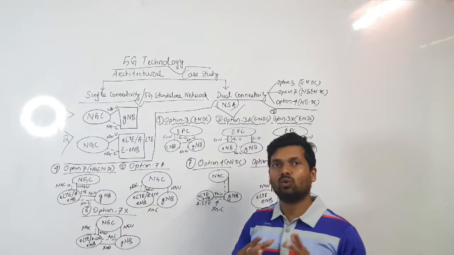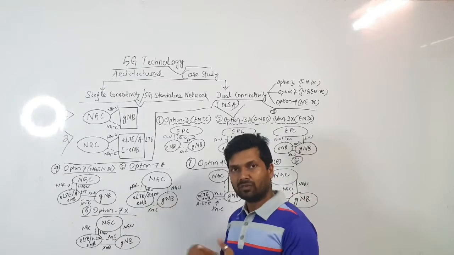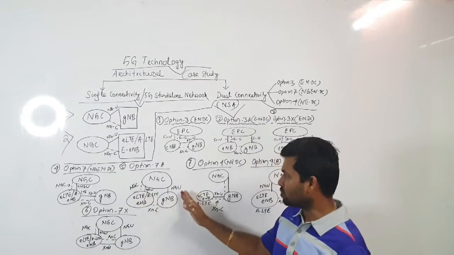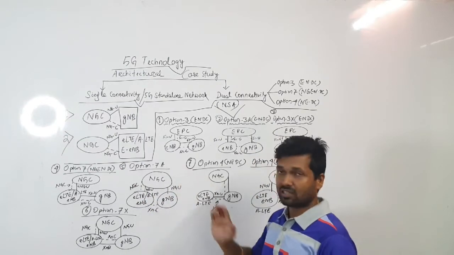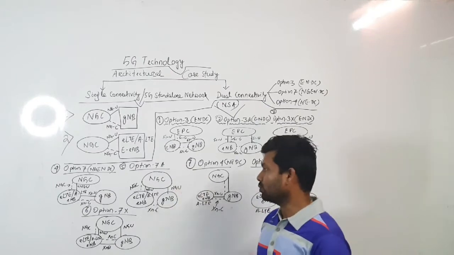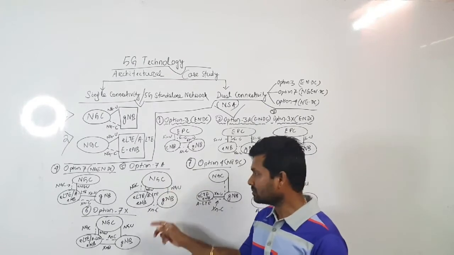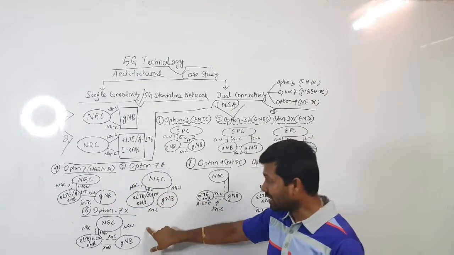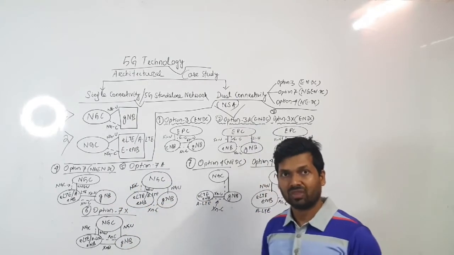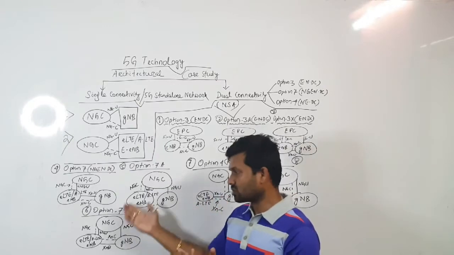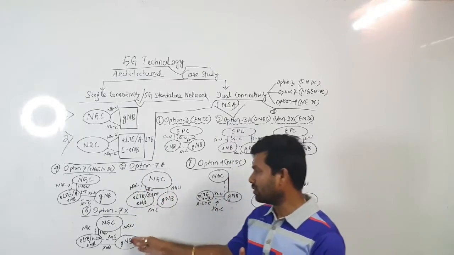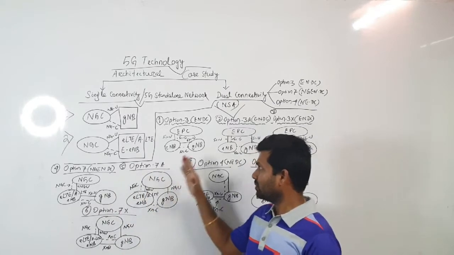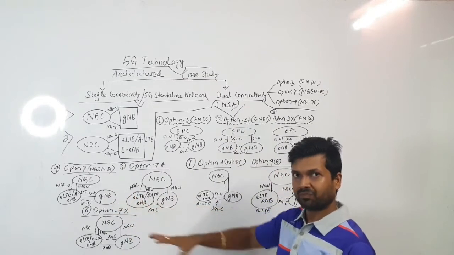So this is the second option. You are no more dependent only on the advanced LT node, but it again handles the signaling and control. User plane traffic comes to the G node B directly. You can transmit and receive to the core, or this is the path. Now if you're going for 7x, the 7, 7a and 7x. In 7x, you can do both. You can directly transmit the user traffic to the core, and you can also go via the LT node. So after this, you can migrate to this one.